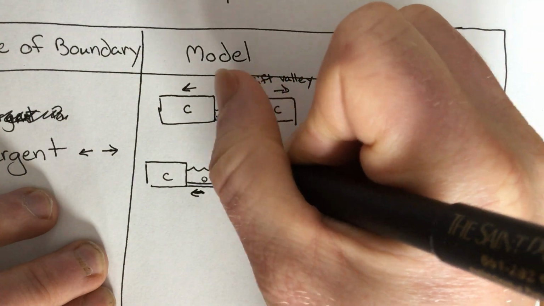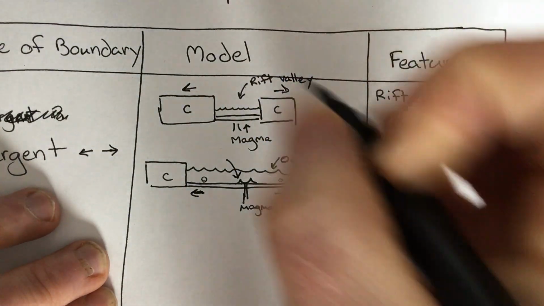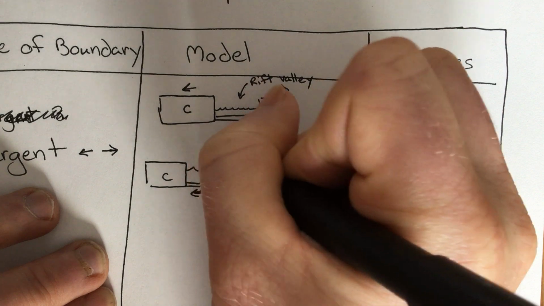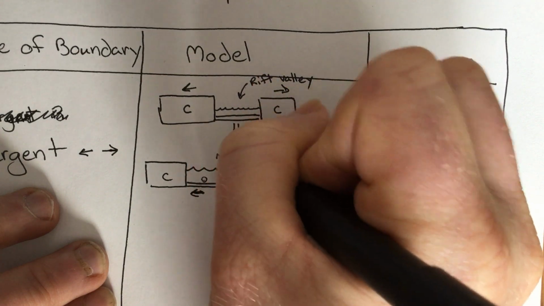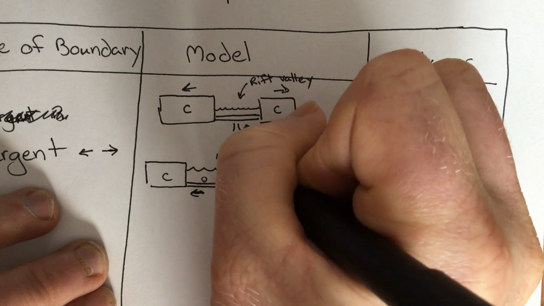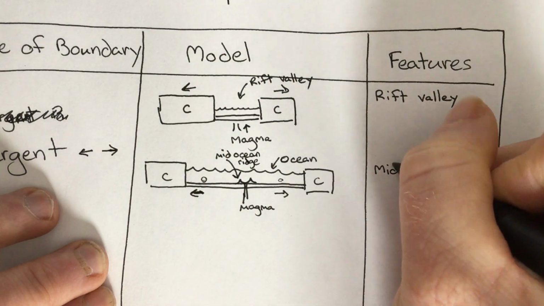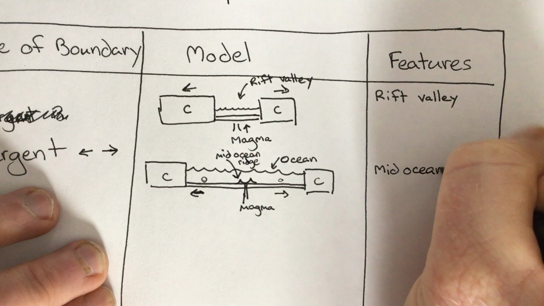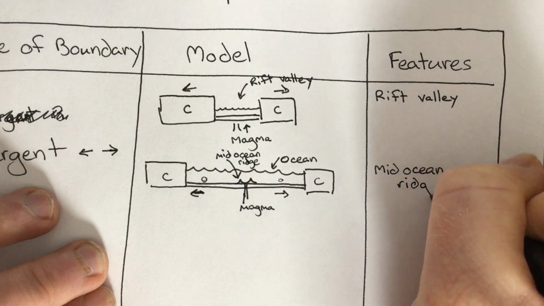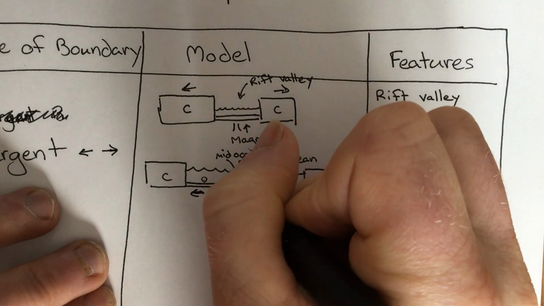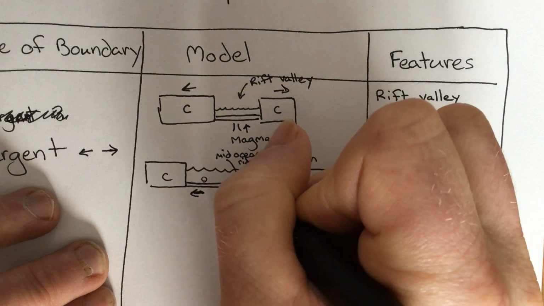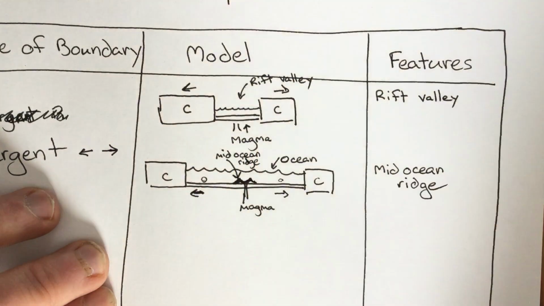And what you get in the middle of the ocean when two plates are diverging is a mid-ocean ridge. We can add that over here. Mid-ocean ridge. And that's just a sort of range of mountains or ridges in the middle of the ocean where the magma